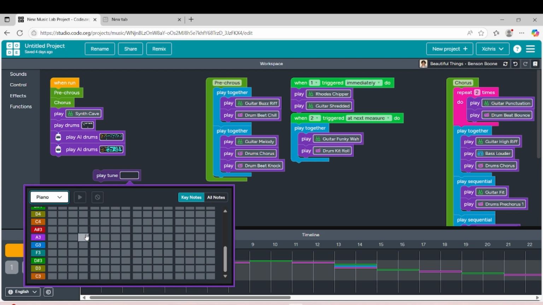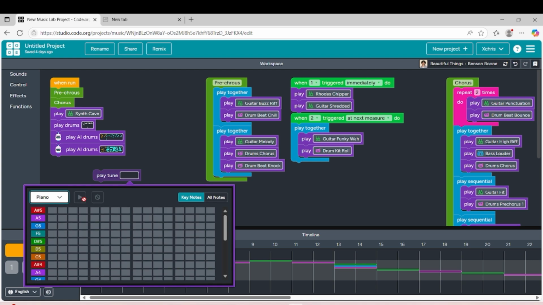Here we have different notes of instruments. If you want to know what kind of instrument you use, look here. As you can see, we have a piano, and you can choose any type of instrument you want to create a tune or a sound of the instrument just by knowing the notes. We have piano, bass, pluck, tones, and synth. The pluck is most like the plucking in the guitar. Since we want to add a piano in our song, you can just see here.